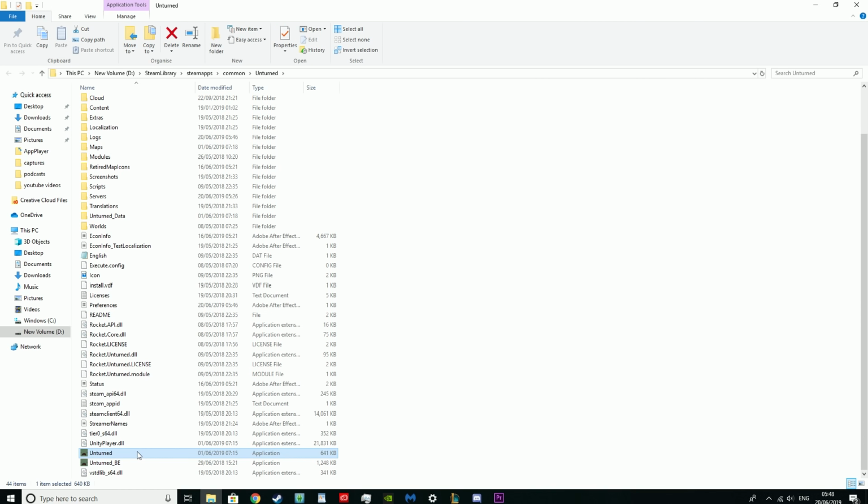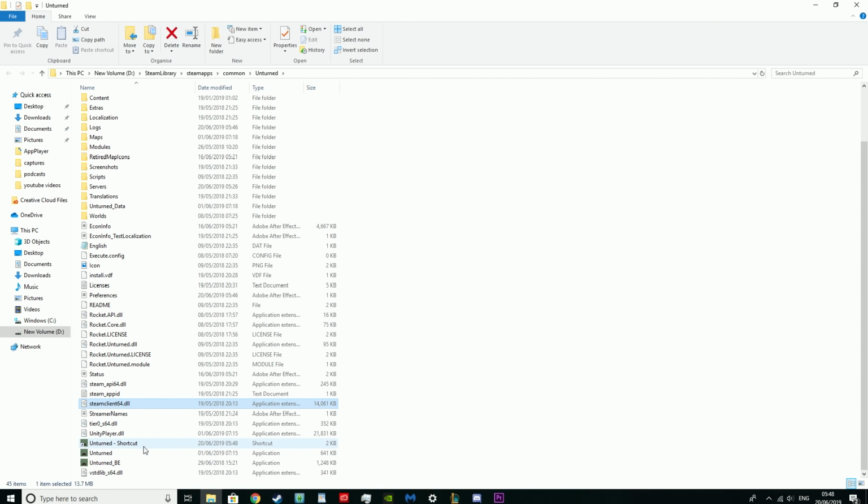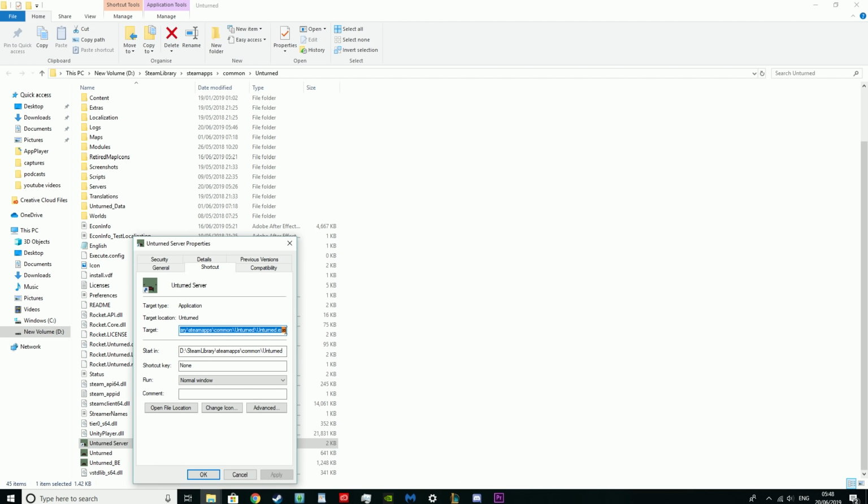So then what you want to do is right click on this and click Create Shortcut. Then we're going to right click on this again and rename it. We're going to call it Unturned Server. This will be what we click to launch our server, but we need to do a couple of things to it first. So you're going to want to right click on it again, hit Properties,